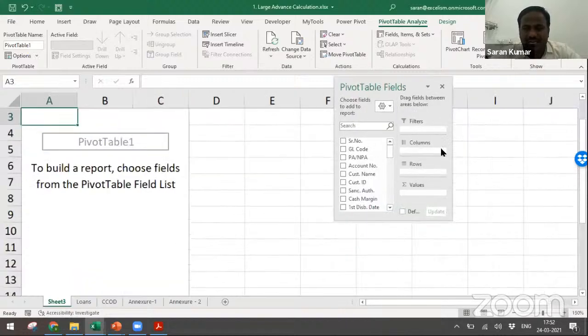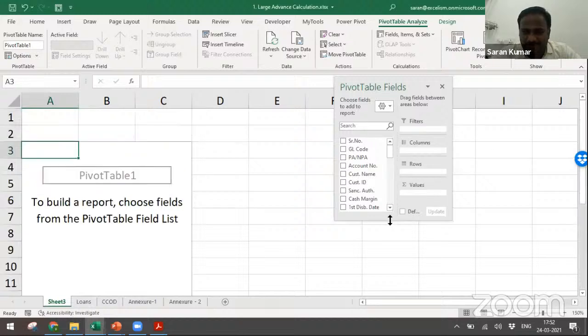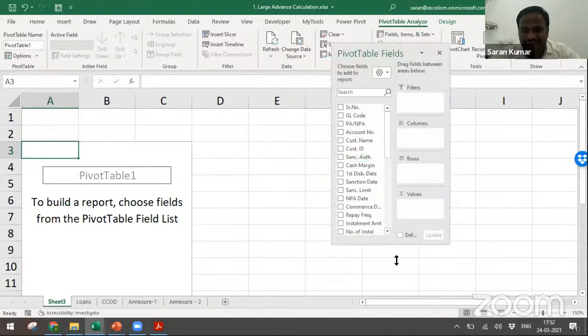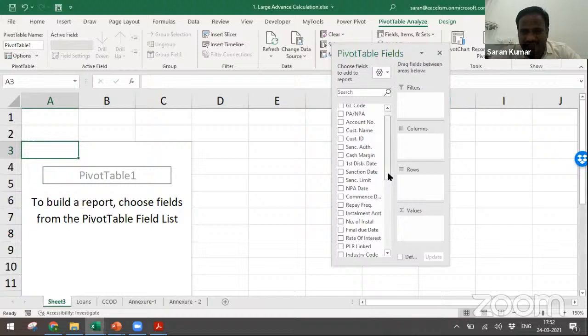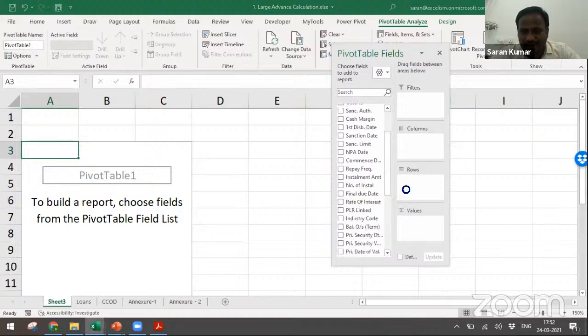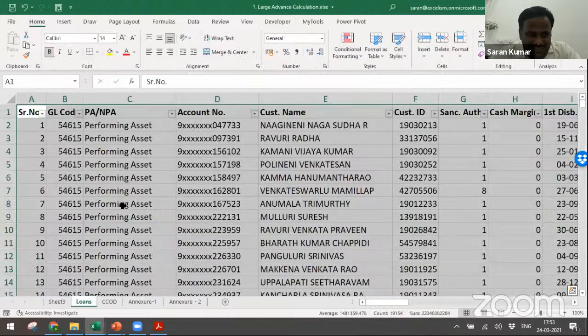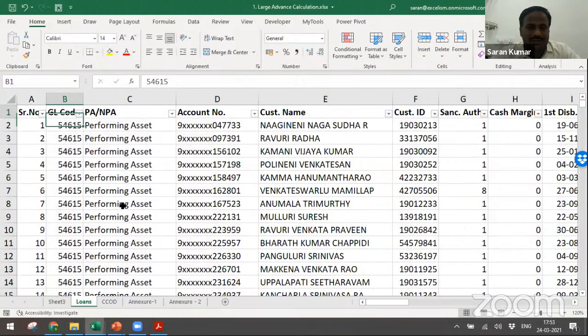Have a look. Now, when I expand a little more, let me do a little stratification with respect to the rate of interest. So out of all these fields, do you know where the rate of interest is? This is my rate of interest. But what is the use of taking the rate of interest here? I don't want rate of interest. If you observe the file, GL code is nothing but the product code, right? That means every product, one product may be vehicle loan, the other may be housing loan. In the vehicle loan, again, different types may be there and so on. So GL code is nothing but a product name in this case.